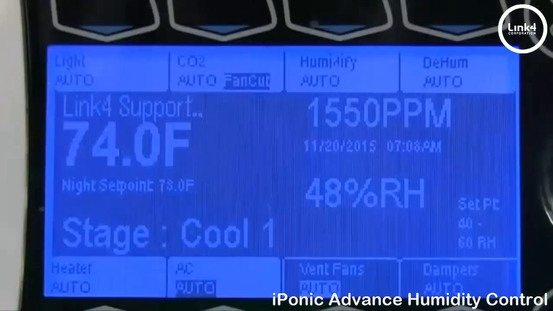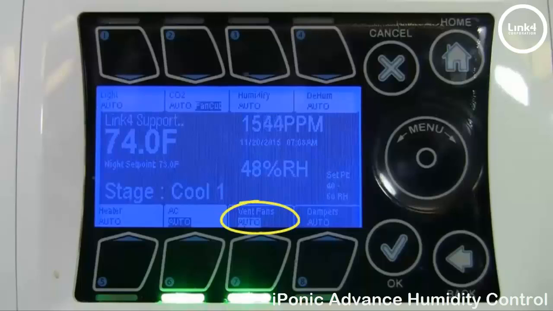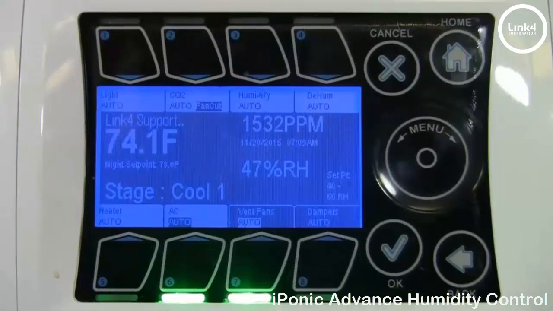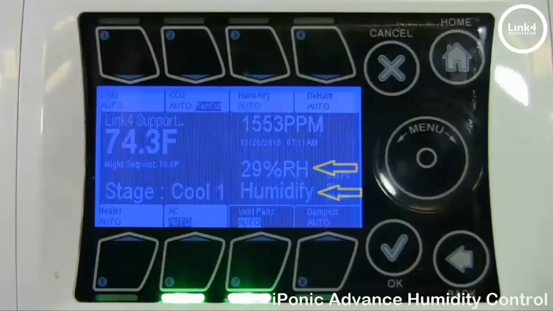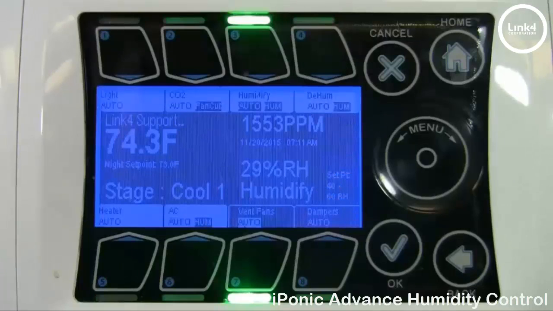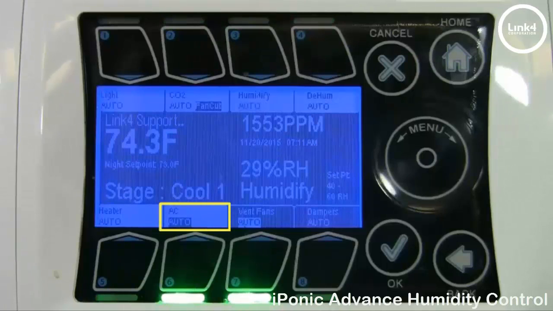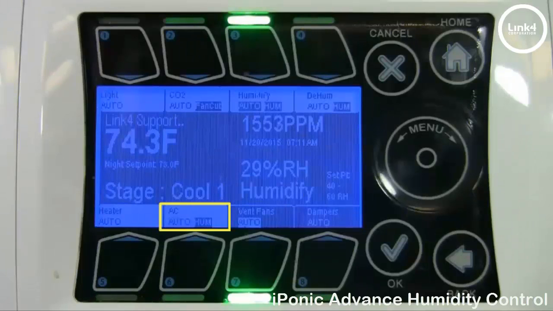Right now the controller is in cool stage 1, and you have your vent fans and you have your AC in auto on to help reduce the temperature. But let's say the relative humidity in the grow room drops, and drops significantly, forcing the controller into the humidification state. As you can see, humidify turned on, but also note that AC is cycling